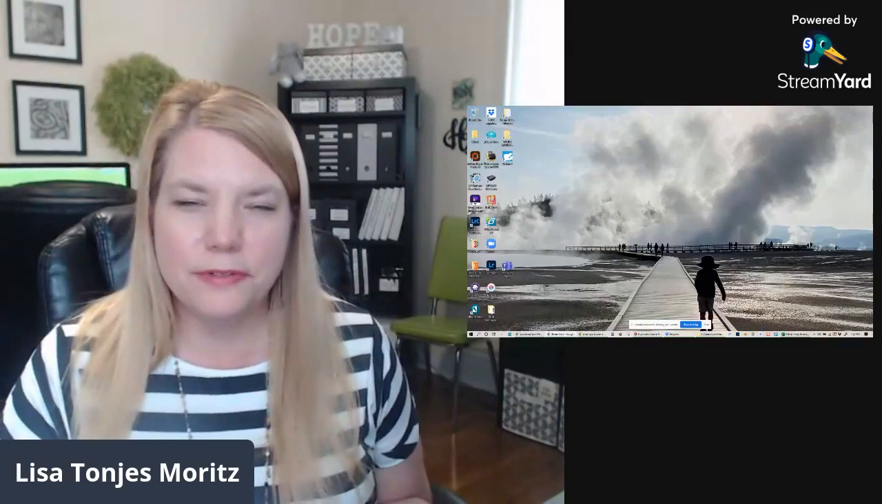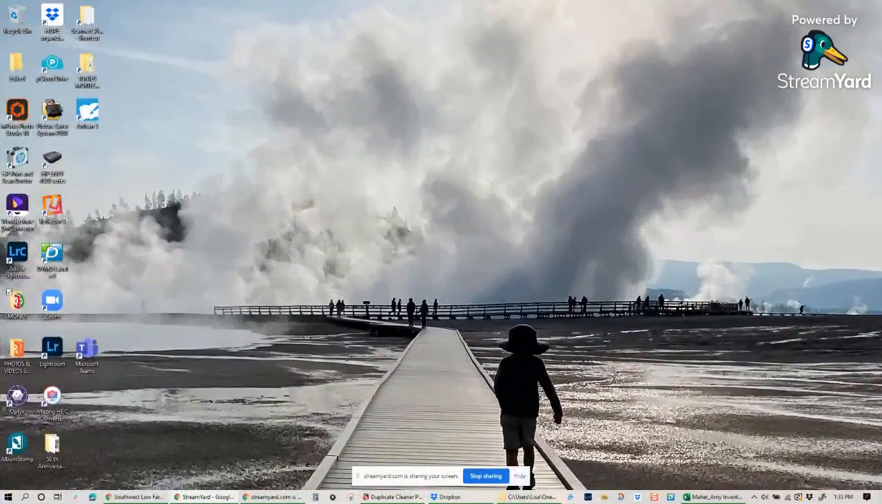So I'm just going to switch over to full screen share. This is a favorite picture I have of my son walking towards one of the geysers at Yellowstone. If I had a bunch of icons all over my desktop, would I be able to see him and enjoy this photo? No. But the way I have it set up is I have certain things that I go to my desktop to look for. One is